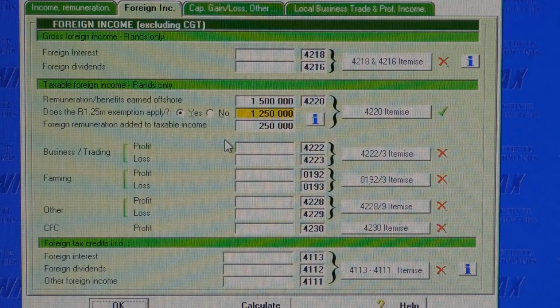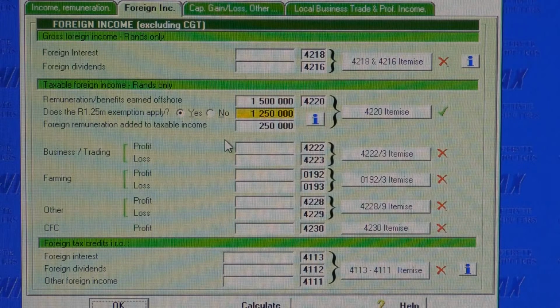In our example, SARS says that the 300,000 Rand travel allowance is 1/5 of the total 1.5 million foreign remuneration, so 1/5 of the 1.25 million exemption applies to the foreign travel allowance. 1/5 of the 1.25 million exemption is 250,000 Rand, which means that 250,000 Rand of the 300,000 foreign travel allowance is exempt, and the remaining 50,000 can be used as travel allowance received in the calculation of a claim against